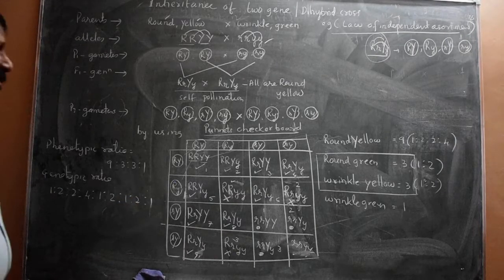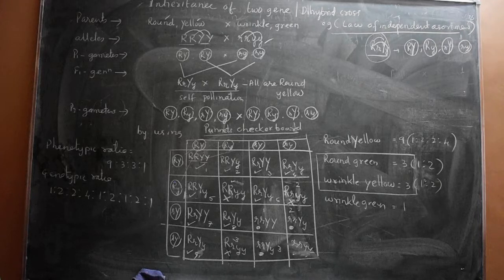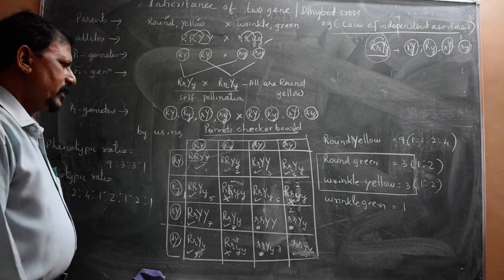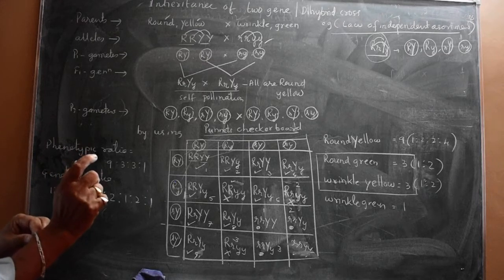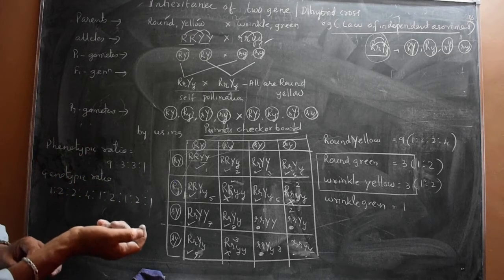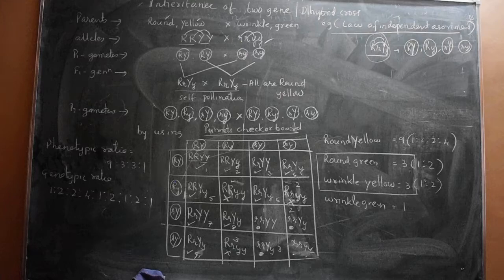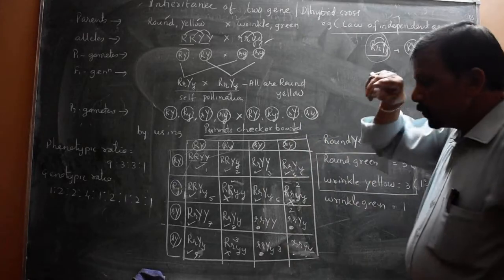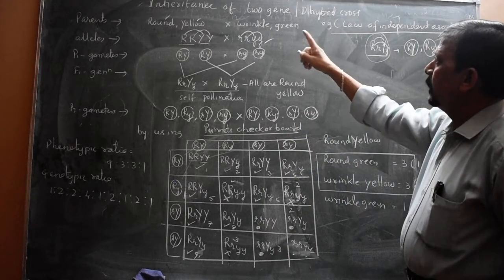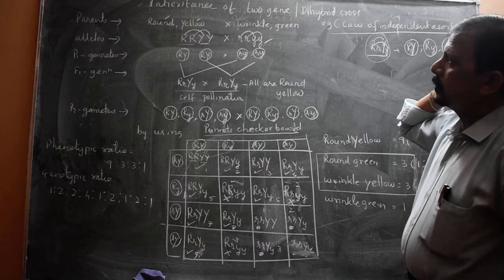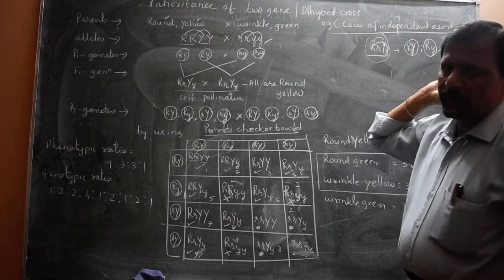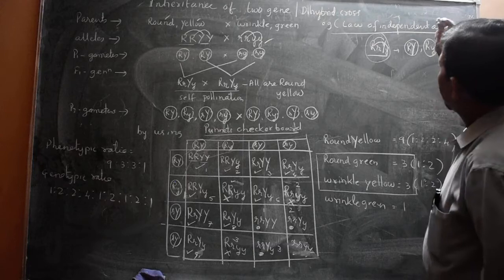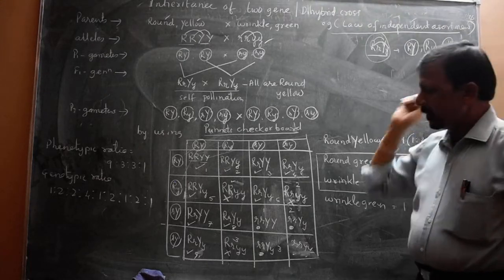It may be asked in the CET examination also, which one is the correct genotypic ratio of the dihybrid cross, may be asked in the 1 mark question. So like this, here Mendel explained the 2 gene inheritance or dihybrid cross, as well as it is a law of independent assortment example. See, if it is asked in the examination, it may be asked directly to explain with a suitable example, explain the 2 gene inheritance or the inheritance of 2 genes, or it may also be for the dihybrid cross. Sometimes it may also be asked as the law of independent assortment.